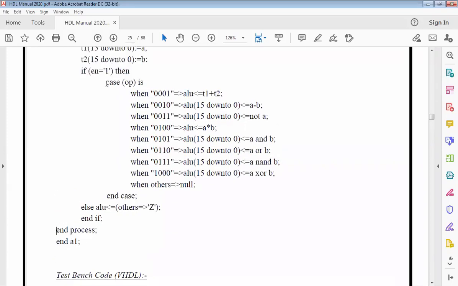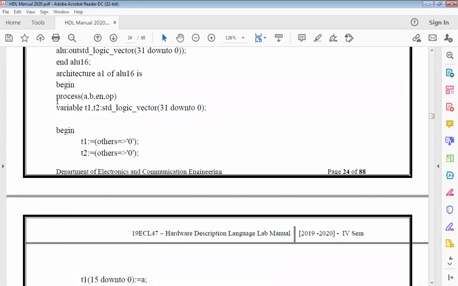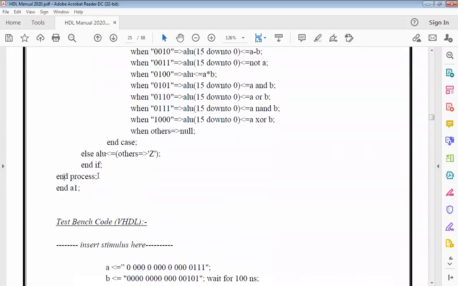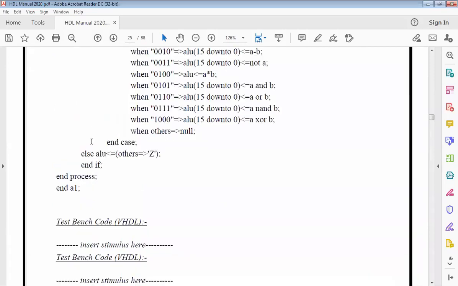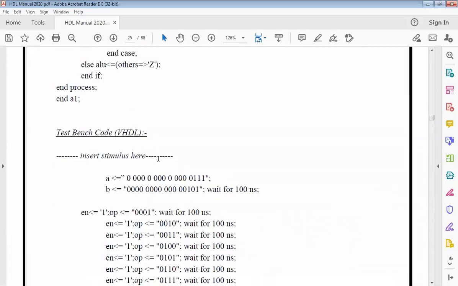See, for example, case is here, and in the same straight line, I am ending case. You have if enable here, so I am giving another case for if here, right? And then I end my if. Then process started here, and I'm going to end the process here. Similarly, architecture was starting here, and I'll be using the same level of line. So I hope you are understanding what I'm trying to convey, isn't it, students? Yes. Okay, fine. So now let's move on to the Verilog part.